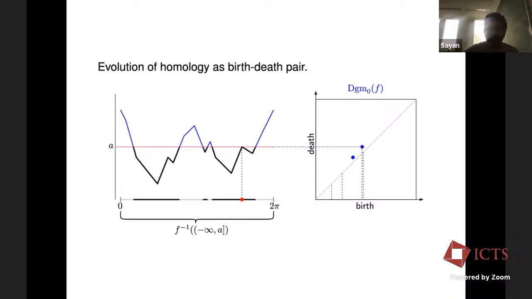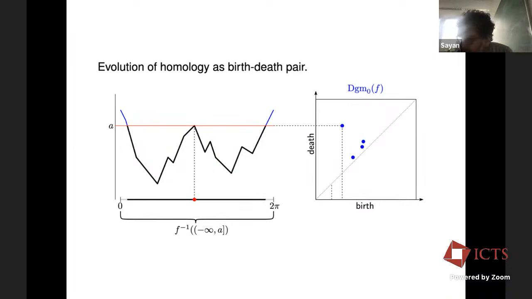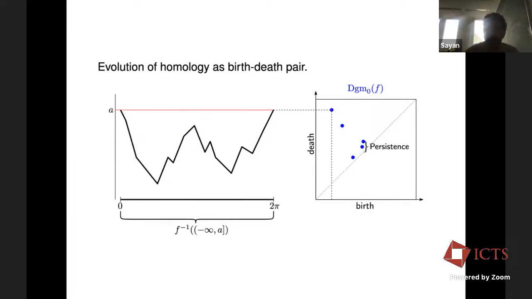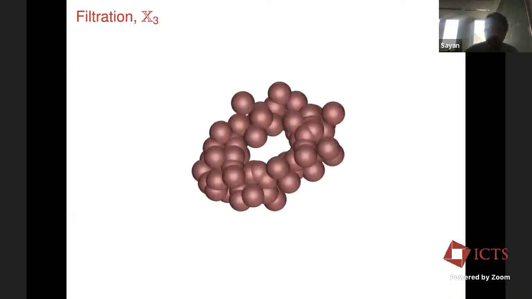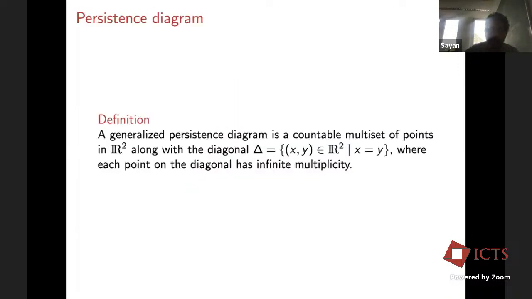You keep doing this and look at when they merge. When a new component comes, that's called a birth, and when they merge, that's called a death. This gives you what's called a persistence diagram. There are other ways of doing this. If you just have point data, you can thicken balls and ask how the homology is changing and when it is changing. So formally, a multiset is